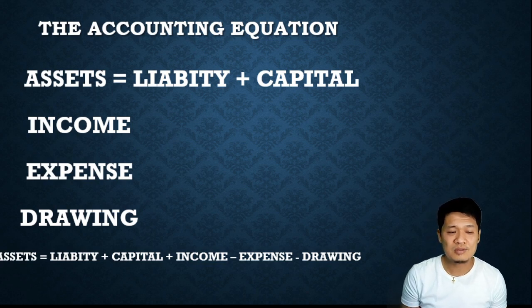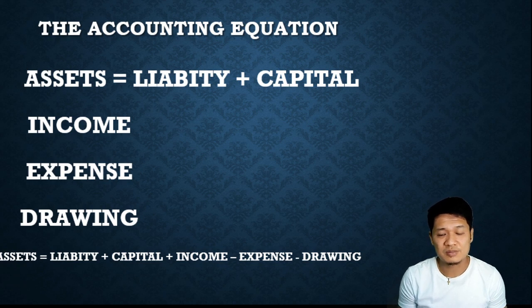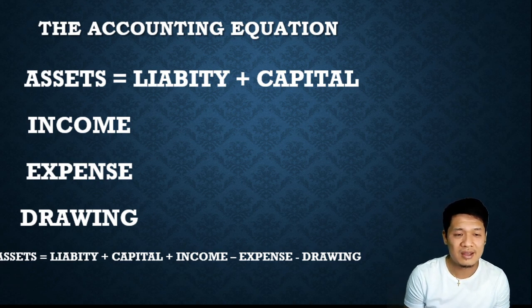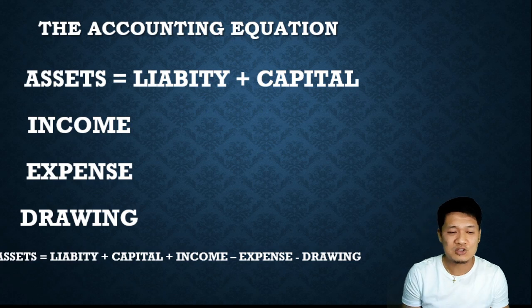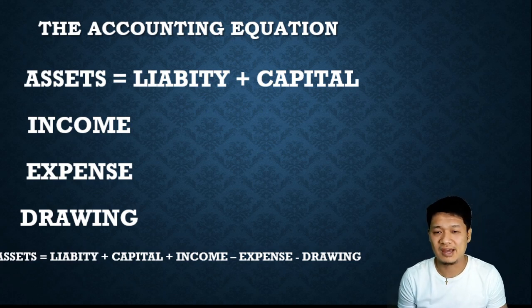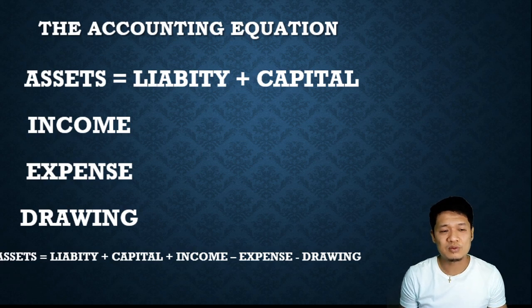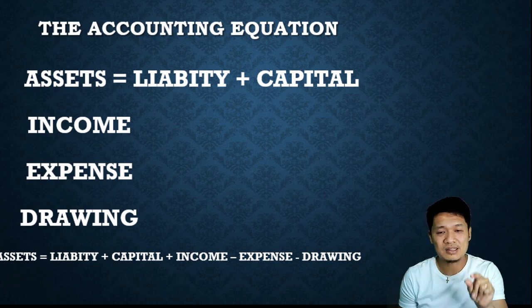Kaya lang, when it comes to equation, especially in math, ayaw nating nakikita yung mga negative sign. So we need to eliminate all that negative sign para maging addition lahat, puro positive sign. Okay, so paano ba natin gagawin yon? To do that, we simply move those with negative sign, palalampasin natin or lilipat sila sa other side of the equal sign